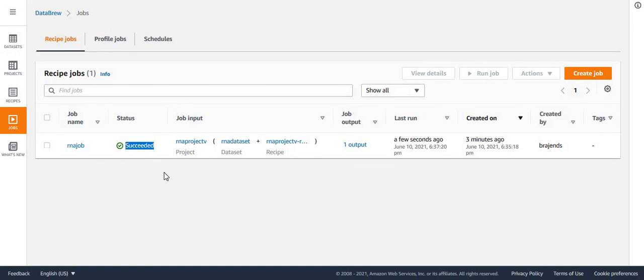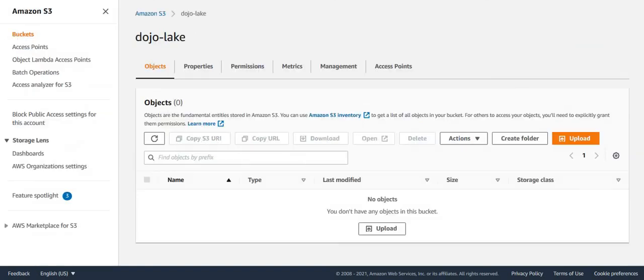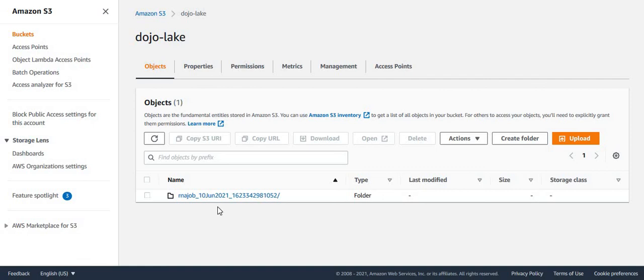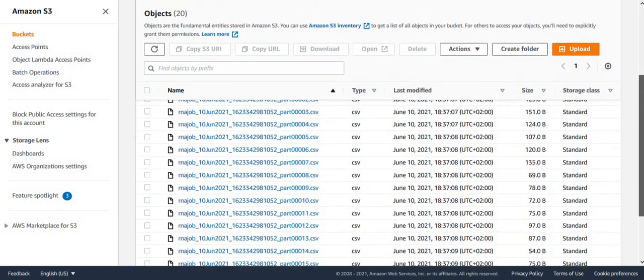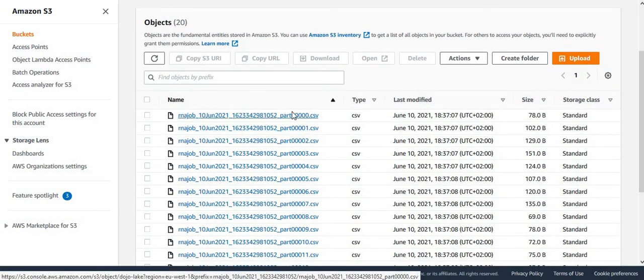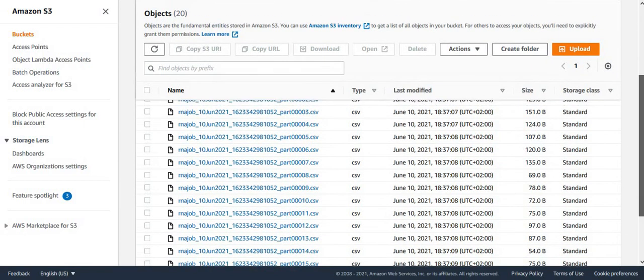Now the status is successful. Now if I go to my S3 bucket and refresh, I should see a folder. Very nice. And if I go inside that, I can see the data. So this is the data which has been taken from that public facing internet database and moved into my